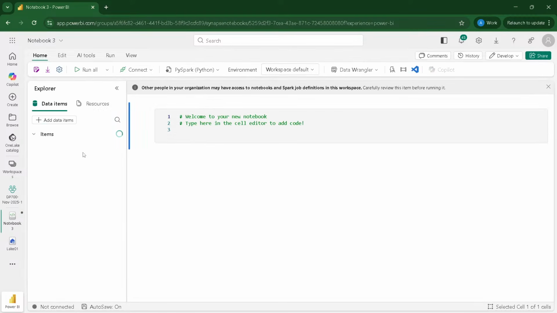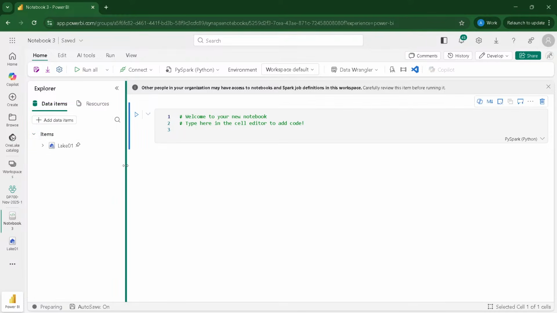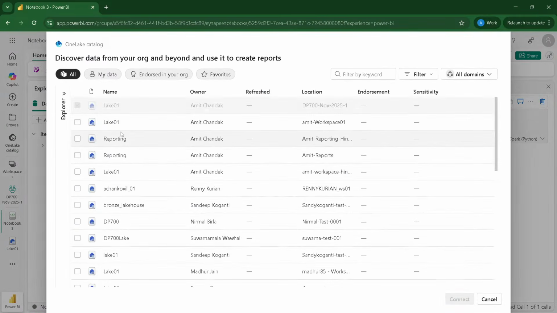What you see on the left hand side is that I will get my data already attached here. See, Lake 01 has come already inside the items. But if I want to have multiple lakehouses, I can attach them. So I can go ahead and add one more, an existing lakehouse. I can take it from a different workspace.